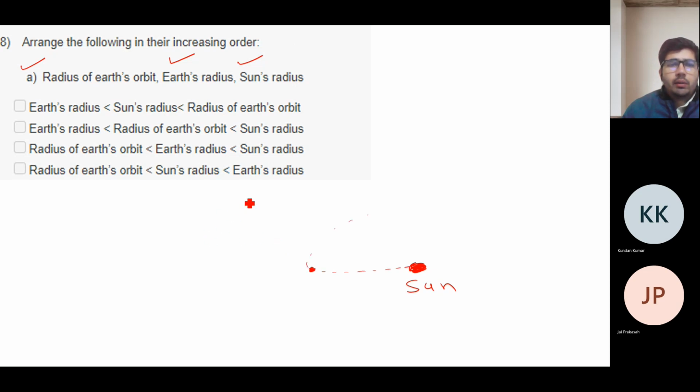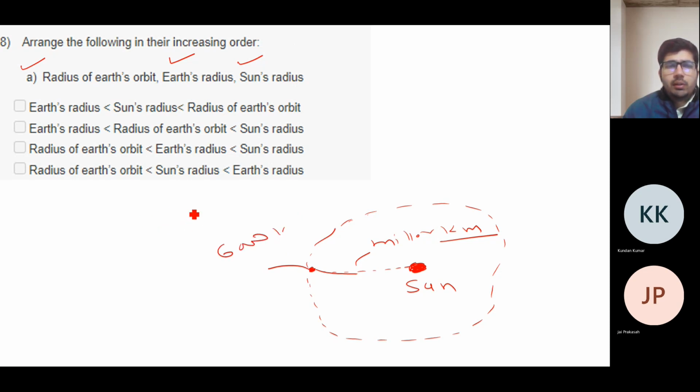So this is the orbit in which Earth is rotating. The radius of this orbit was around millions of kilometers. The radius of Earth is around 6,000 kilometers, and the radius of the Sun is around 0.7 million